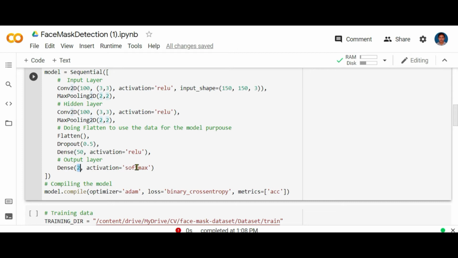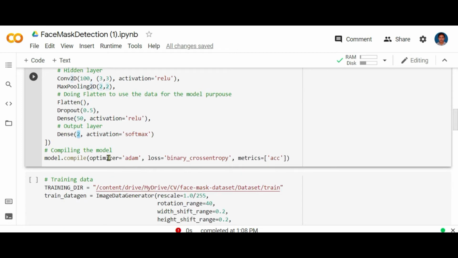And the activation function I have used is the softmax activation function. Now for compiling the model, I have used the Adam optimizer, and for the loss function I have used binary cross entropy because our final output is of categorical values. Hence, I have used the binary cross entropy and the metrics as accuracy.